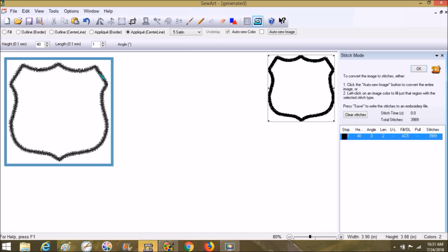Whenever the die line prints out, you want it to sew out onto your stabilizer. That's going to show you where to put your fabric. Then you place your fabric over the die line, and it gives you a tack down stitch, which in a satin stitch case is going to be a wide zigzag, and that gives it reinforcement. Once your tack down is